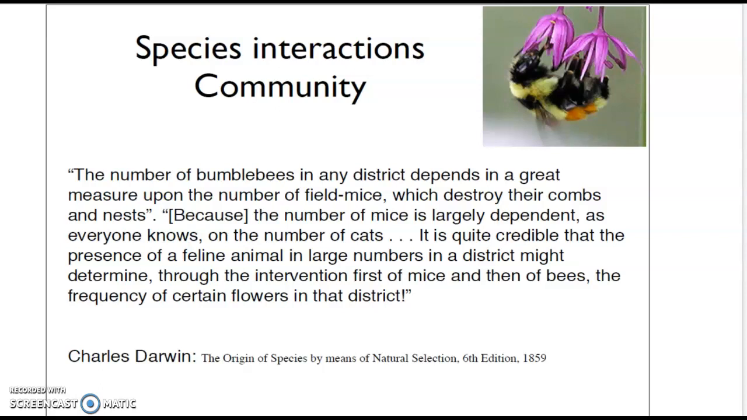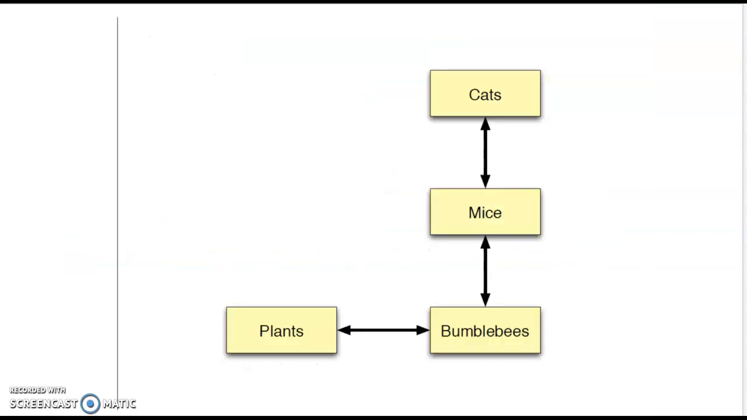And in the quote, he notes that the mice were destroying the combs and nests of the bees. And these bees are crucial to pollinate the flowers in the same area. So we need to take a look at the relationship between the cats and the mice, and the bees and the plants, and then indirectly the cats and the plants. And in this case, we're looking at clover. So draw out the little flow chart, and in a minute, we'll add the names of the relationships between the